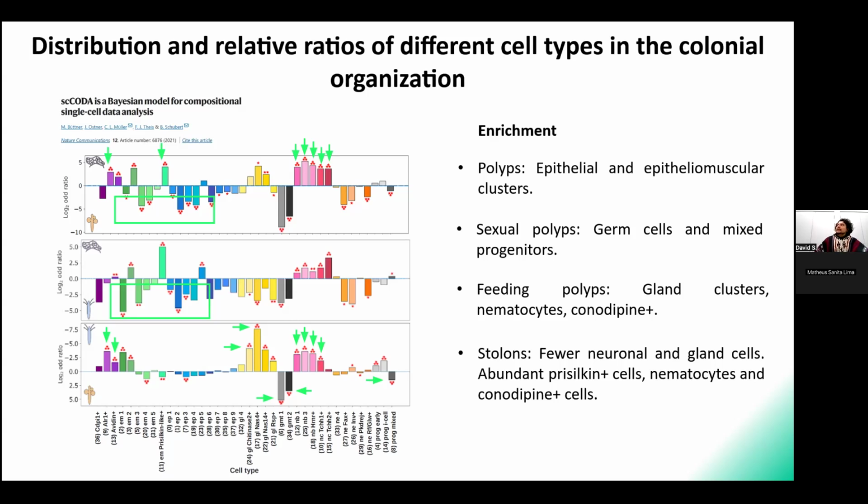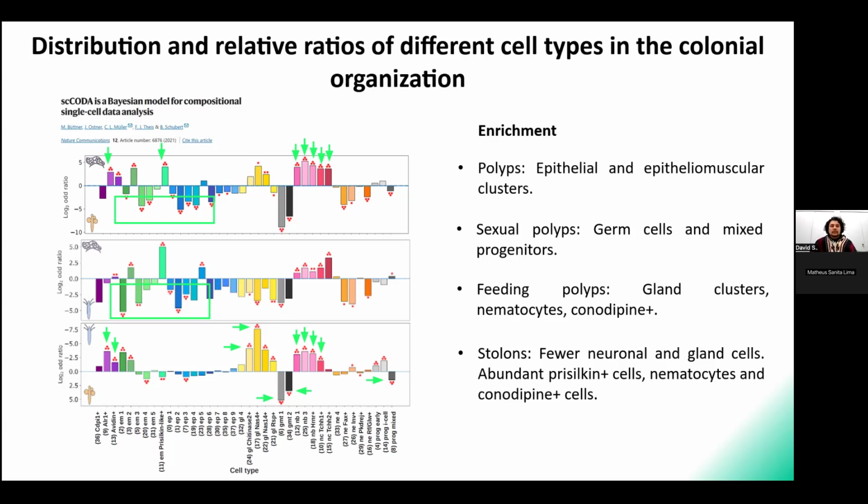But more importantly, we see in the stolon, so the part that is more in contact with the substratum, that it has fewer neuronal and fewer gland cells, but it's abundant in pre-silkin positive cells, in nematocytes and conolipin positive cells. So this is already telling us